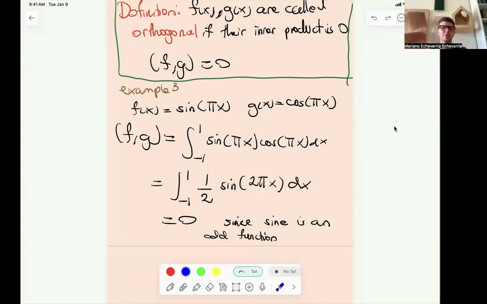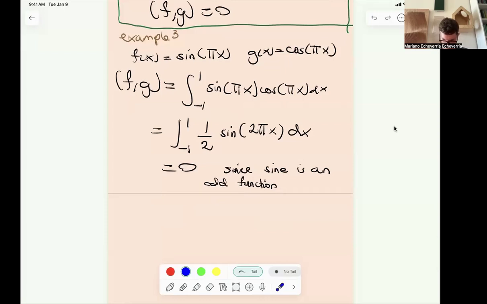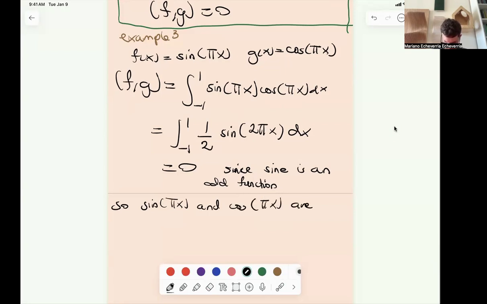But that is not something we're going to spend too much time with, because we're not doing the Fourier series stuff, but it's closer to some of the stuff I'm saying right now. So,